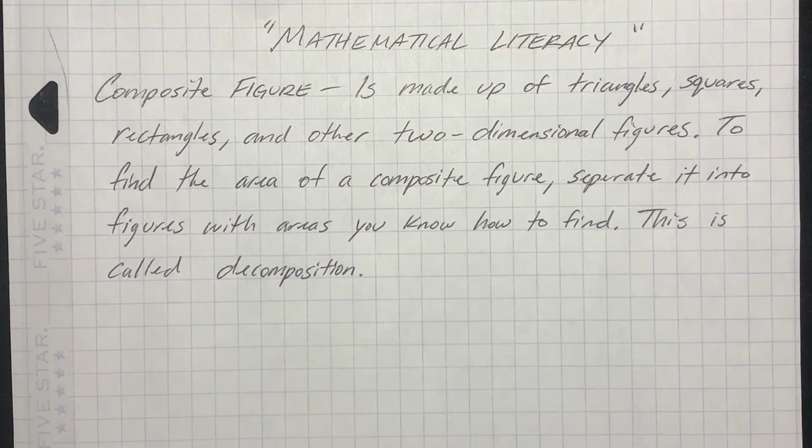Alright, as usual, we always start off with our mathematical literacy, our vocabulary words. Now, a composite figure. This is a figure that is made up of triangles, squares, rectangles, and other two-dimensional figures. To find the area of any composite figure, you have to separate it into separate figures with areas that you know how to find, and that is called decomposition. For an example,